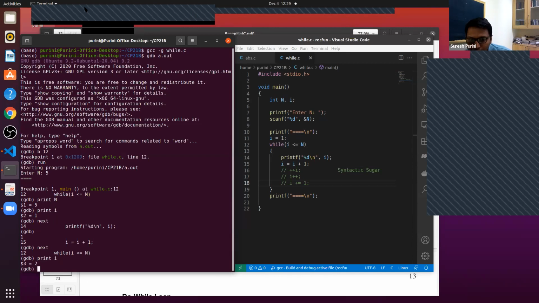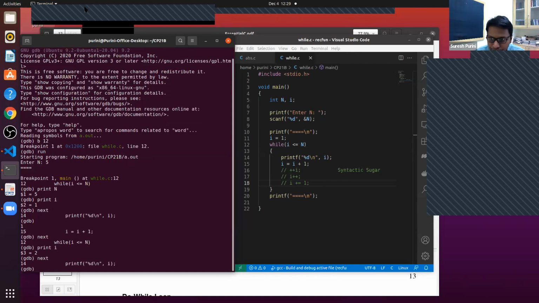And after line 15 got executed, which is the last line of the while statement, because 16, 17, and 18 are just comments, you go back to the beginning of the while statement and you reevaluate the condition, whether I is less than or equal to n. And it turns out that it's valid, the condition is true.